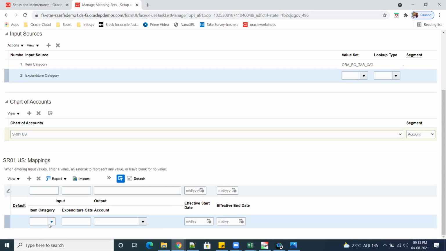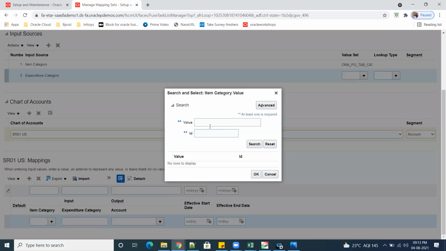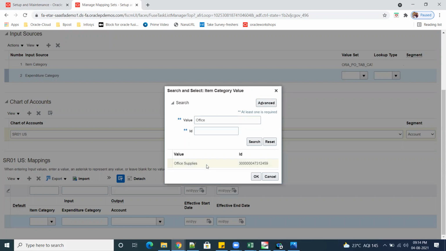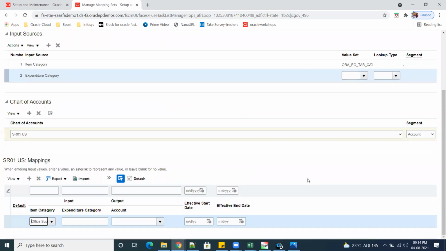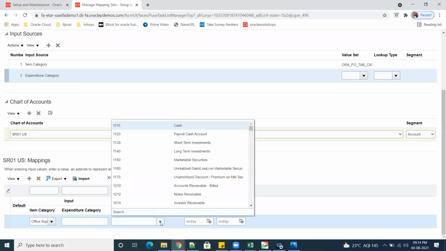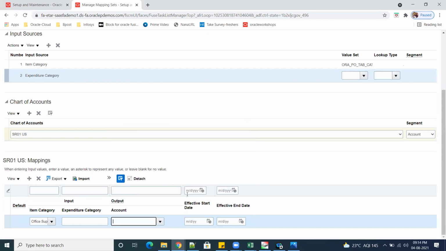Let us say this expenditure category, I'm not sure what it is. So let us say item category. Let us say item category is office supplies. So if the item category is office supplies, I'm telling the system, select the 1212 account.